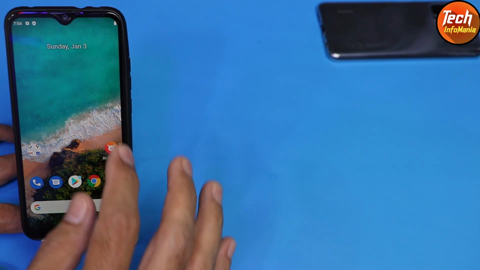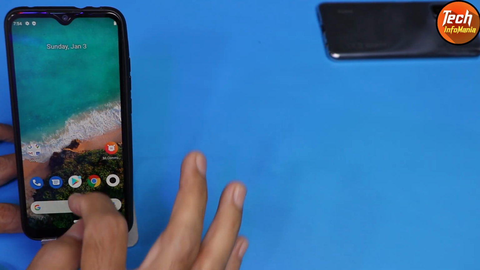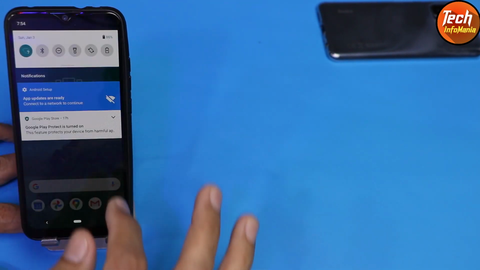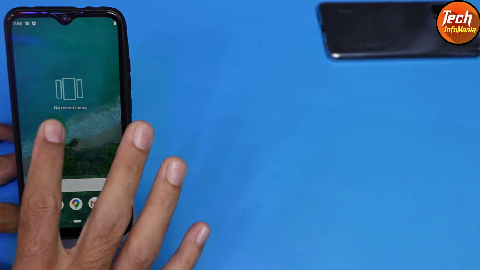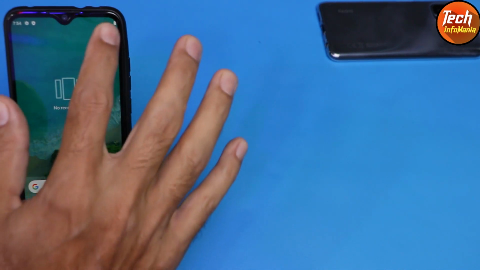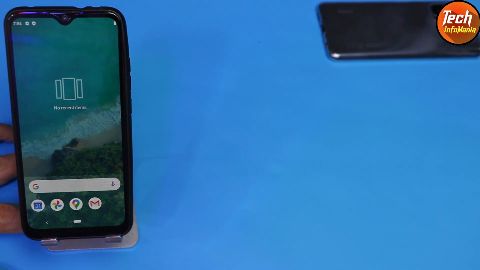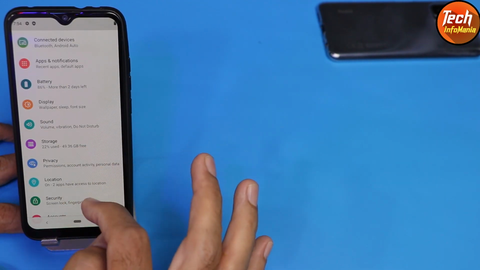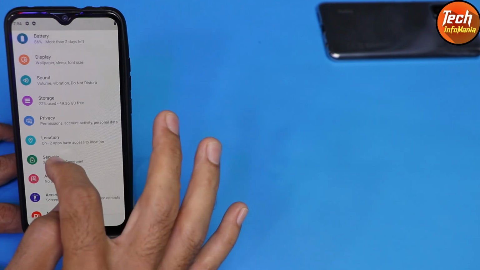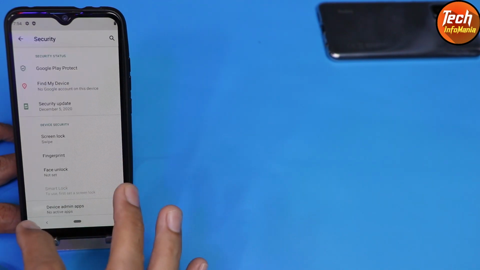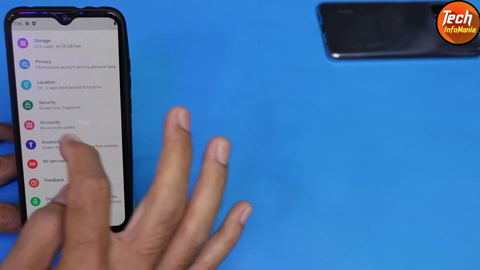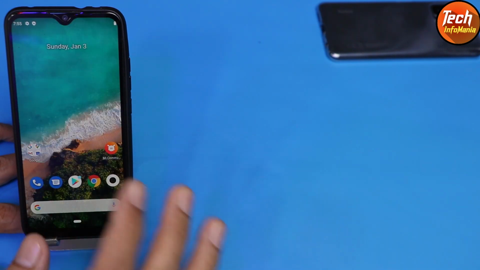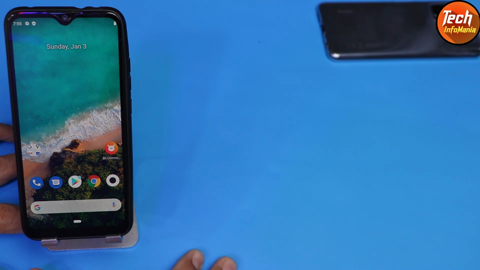Let's start the video. Before going forward, let me inform you of a few things. If you have data on your internal storage, save all the data. This procedure will format everything. Check the battery should be charged around 50%, and go to settings, then screen password. If you have set a security screen password, turn it off, and then go to accounts, sync your Google account, and then remove it. Must save all your internal storage data.